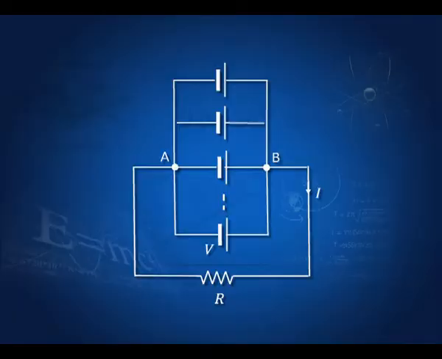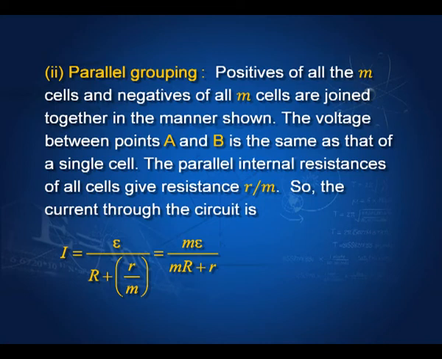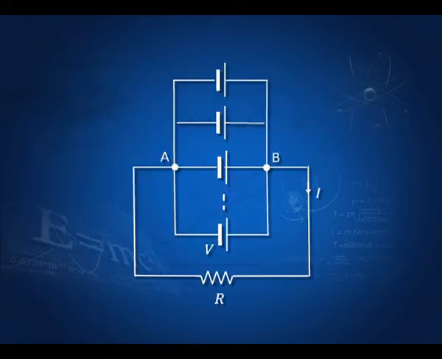External resistance R, internal resistance is in parallel. So, if one resistance is small r, then this will be r by M, and total resistance is therefore R plus r by M. N we use for the series combination, and M I am using for the parallel combination. So, therefore, the current now is the voltage, whether you take here, here, here or here, is the same, because